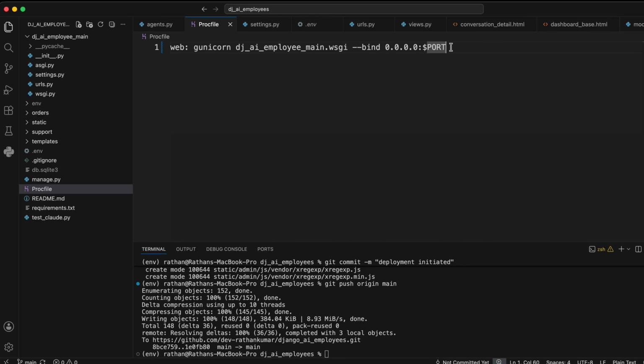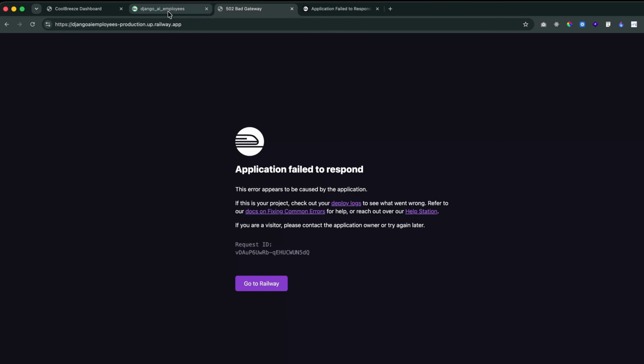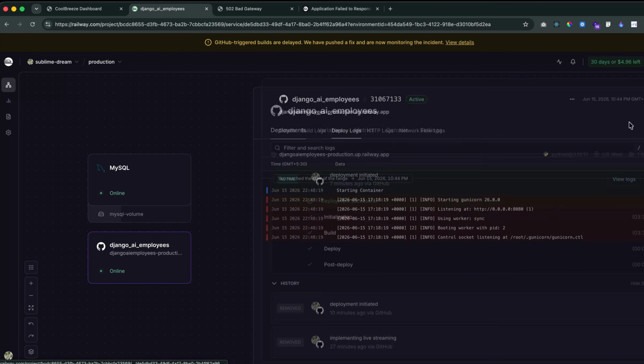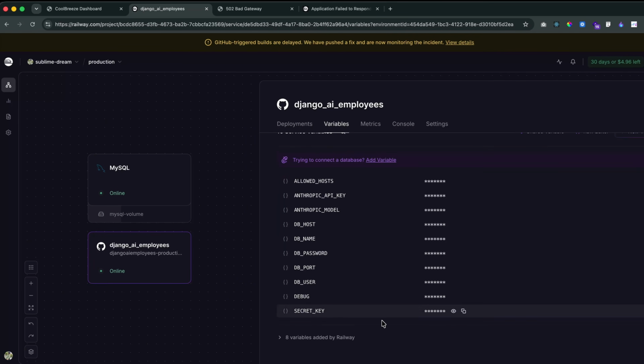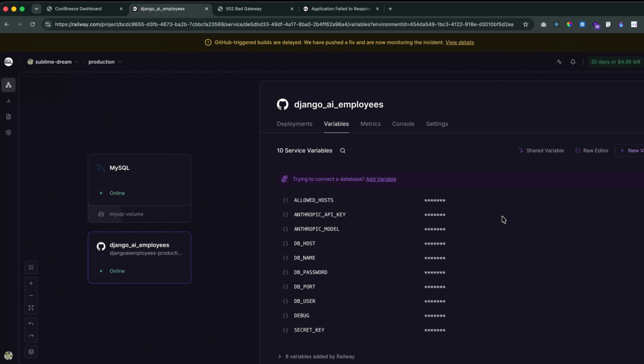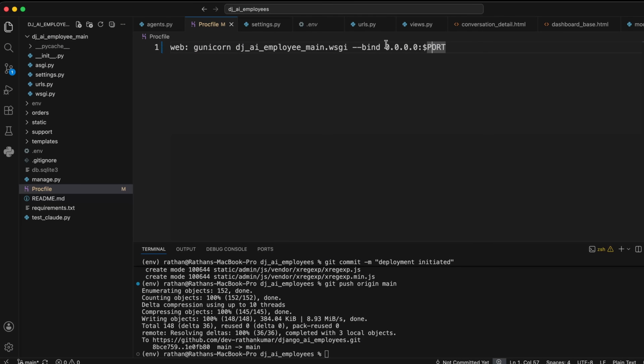So when I just push this code to the GitHub, it will try to get the port number from the variables that we have added, right? So from here, the variable will take, and before I forget, let's simply add this port 8000, add it. Okay, so this port will automatically come here. So this will become